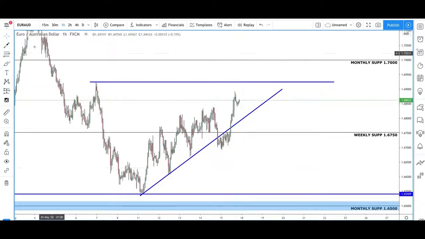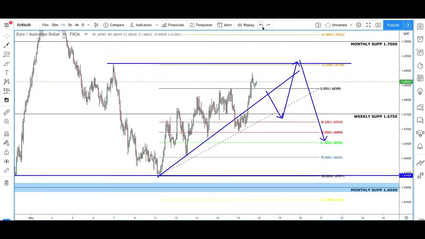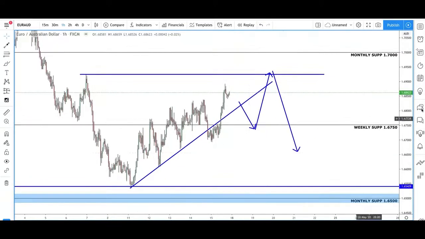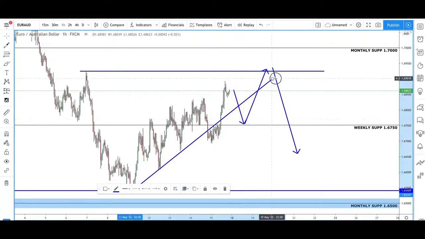Prior to that, just as I have marked out here, I think we could possibly see a pullback first. We just made a higher high. We could make a pullback first, come back down to make a higher low before making a new higher high. So if we do this, it gives us more opportunities to take trades. We could possibly look at trade down into this region here, where we now adjust this trend line.